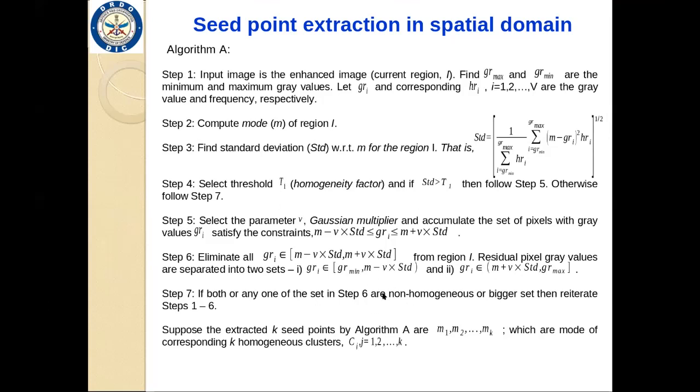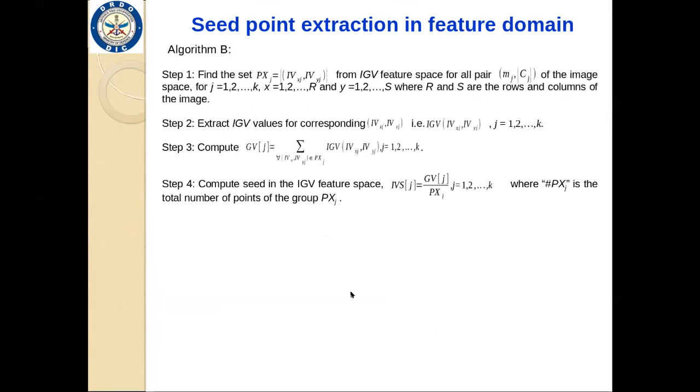We are getting the seed points from the enhanced image. Now if we apply this particular seed point in the enhanced image, then more features come out. So whatever seed points we are extracting from the enhanced image, now all those points I am taking to my IGB feature space. From that IGB feature space, we are getting the seed points, which are 1-1 mapped to this enhanced image. Then all these seed points are computed, and